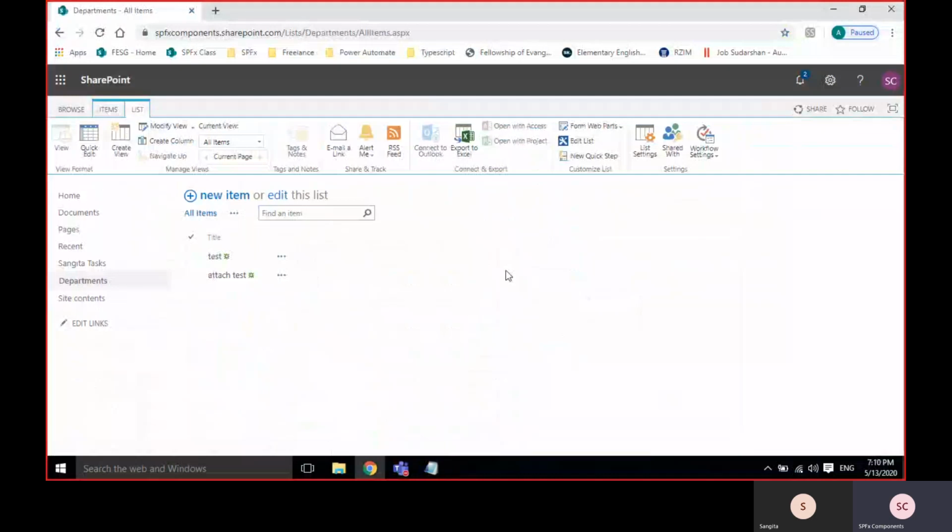Okay, so for creating a column, you just click on List in the ribbon, go to list settings.